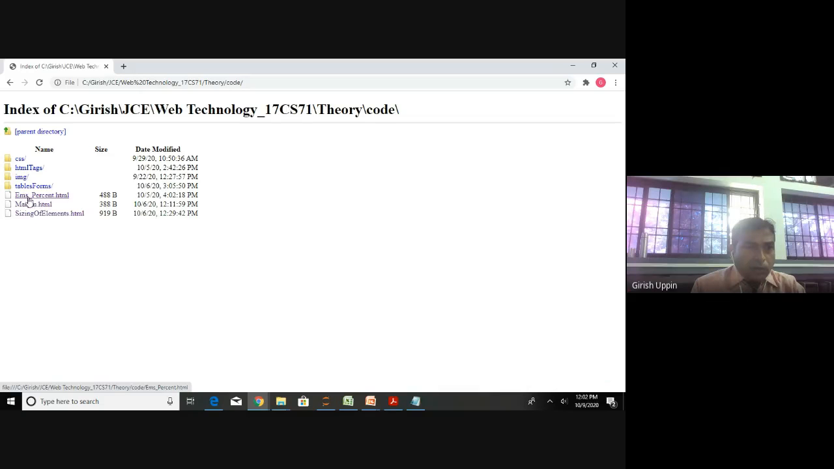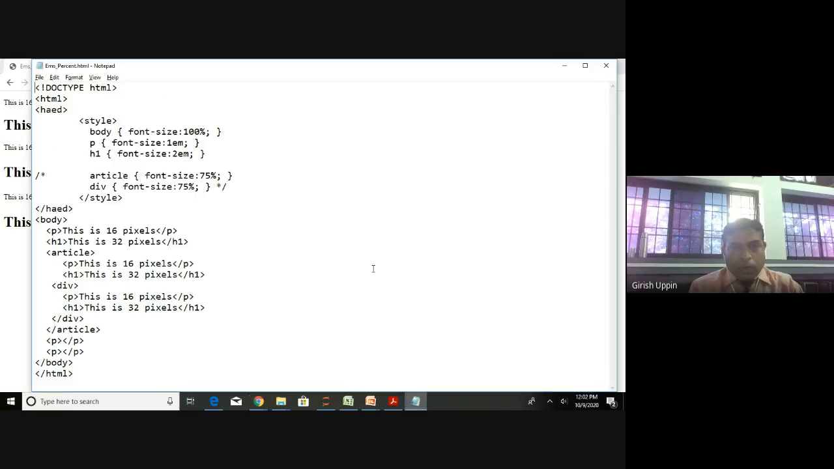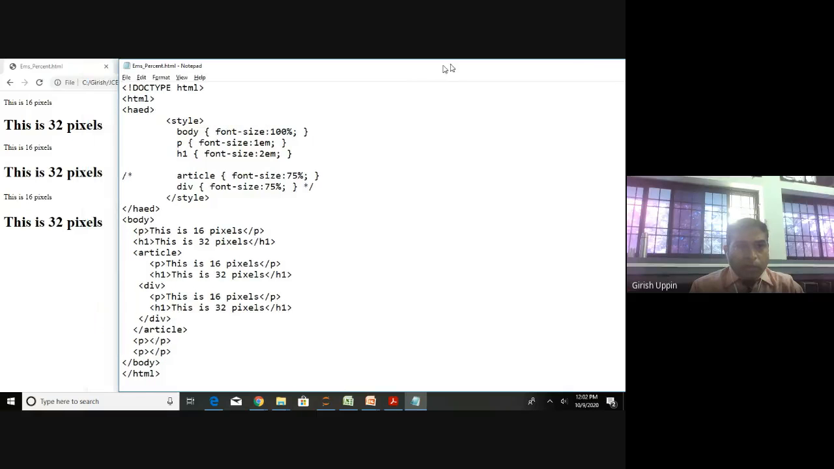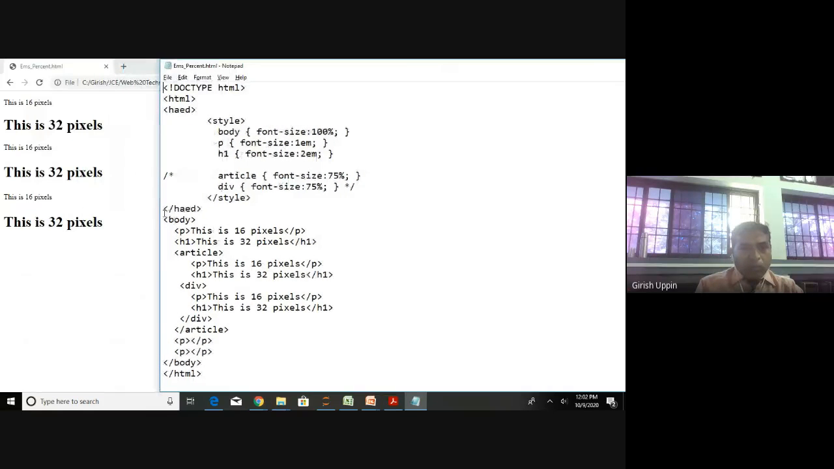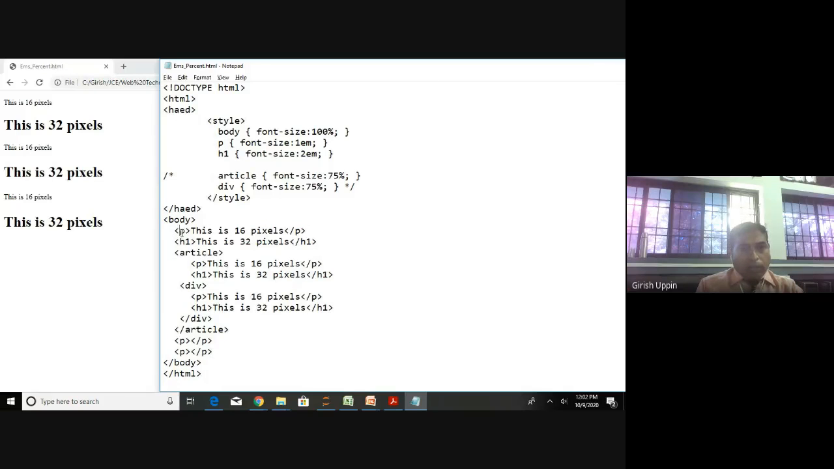This is the one, ems underscore percentage HTML. So you can see it here. So we will compare it with the HTML document. So in the HTML body, what we have inside this body, I have paragraph P, H1, and there is one